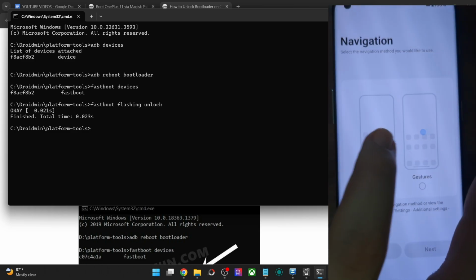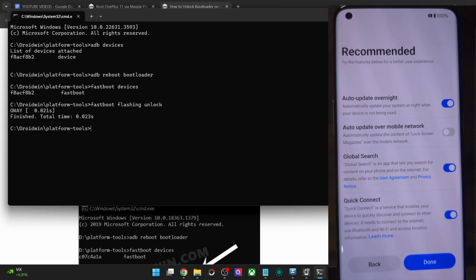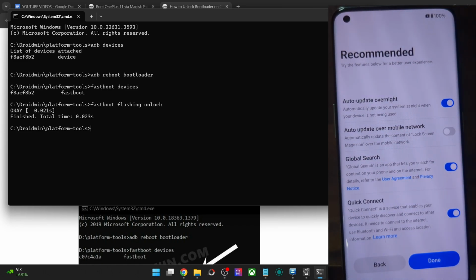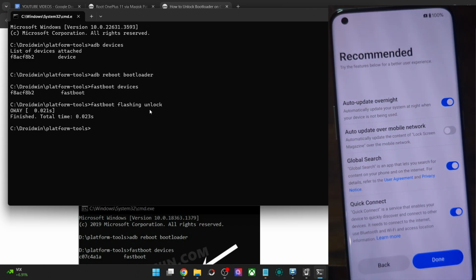I have seen a few reports wherein some have said that they are not able to set up a fingerprint or a PIN or password. If that is the case with you as well, then the only fix is to boot your phone to fastboot mode once again. Then use the fastboot flashing lock command to lock the bootloader. Then again re-enable OEM unlocking, again boot to fastboot mode, then once again unlock the bootloader via the fastboot flashing unlock command, and do so around 4-5 times until the issue is rectified.